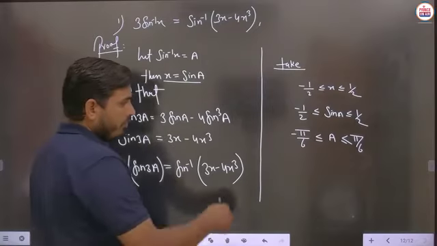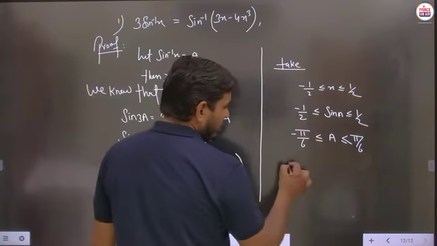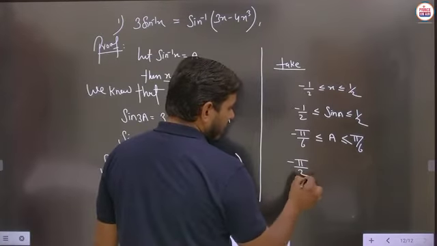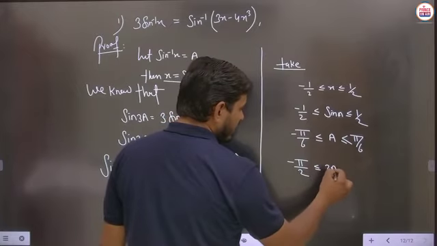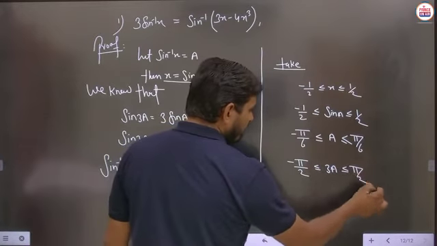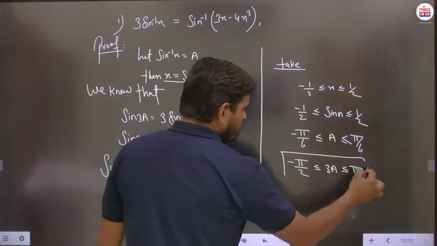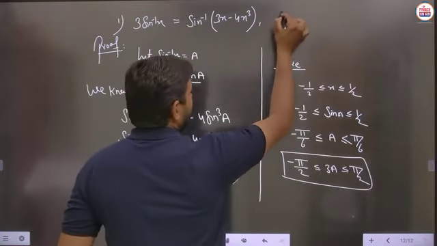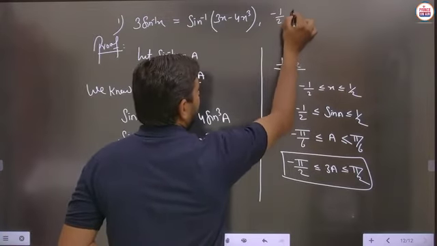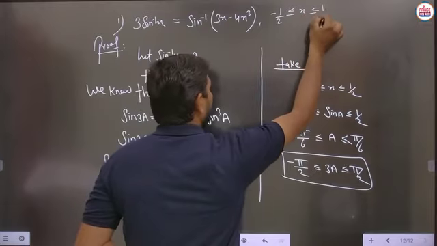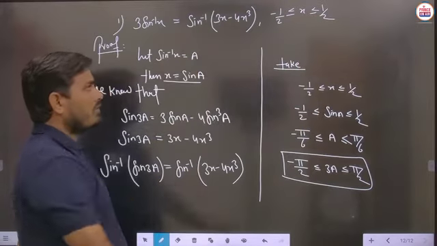So definitely we will just multiply by 3, then it will become minus pi by 2, and here this will become 3a, and here this will become pi by 2. So definitely from these conditions, you will write the condition here, minus 1 by 2 to x is 1 by 2, then this type of situation will happen.